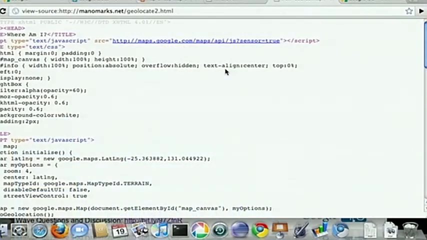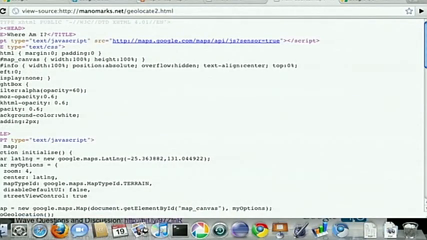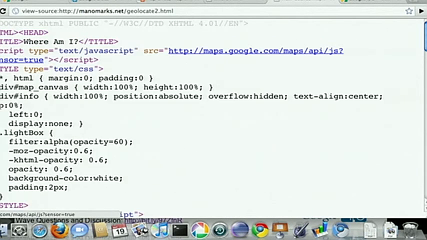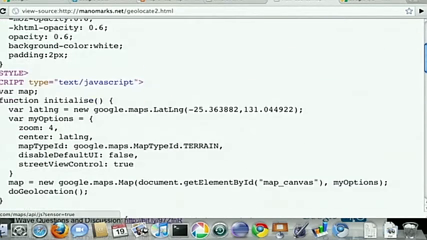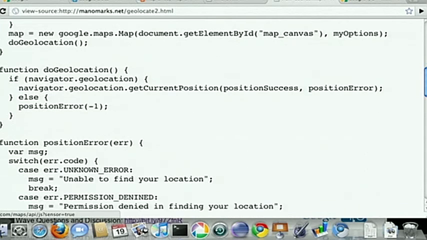This is on the geolocation demo that I was using earlier. You'll see the function doGeolocation, which basically says